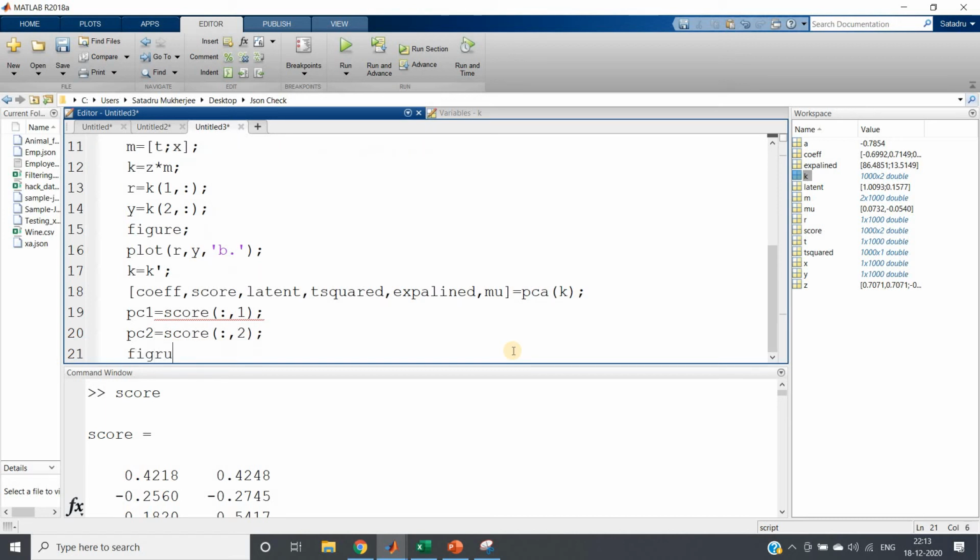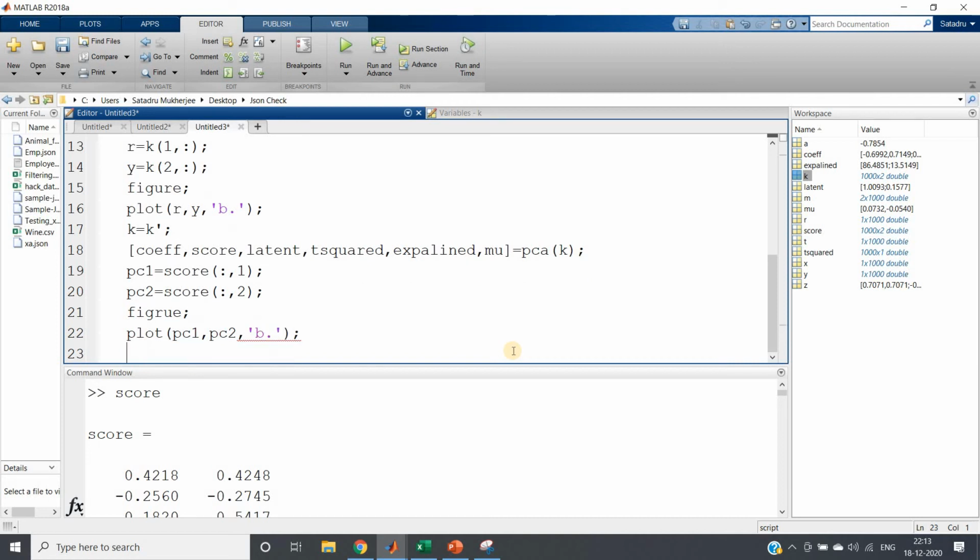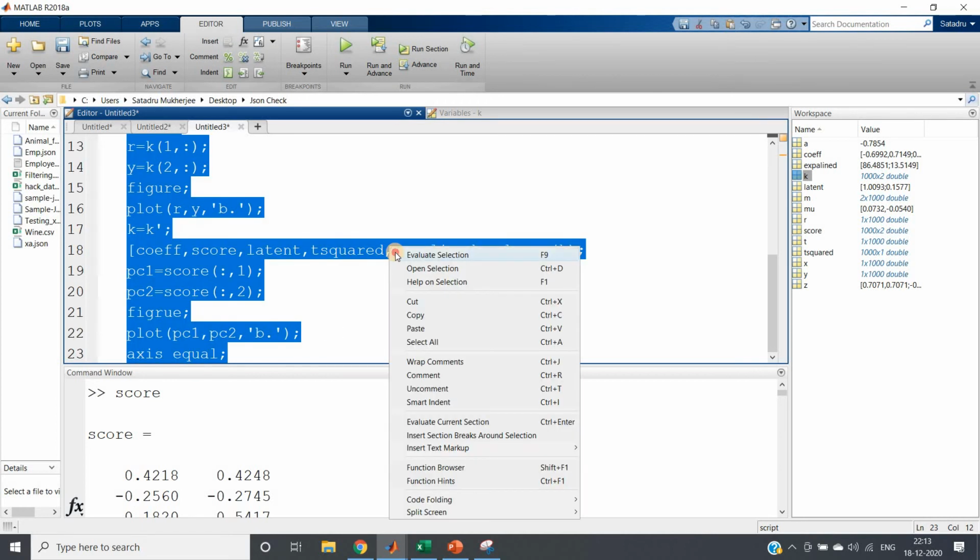Then we'll put another figure window and plot PC1 comma PC2, suppose I give blue color, dot symbol, with axis equal. Let's hope that we get the expected result.